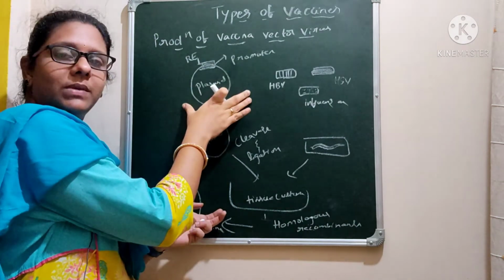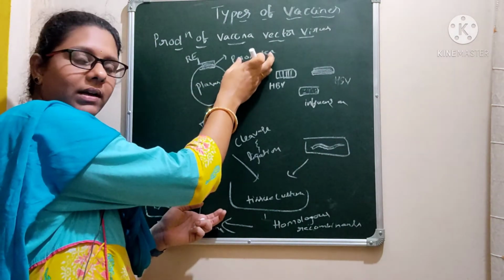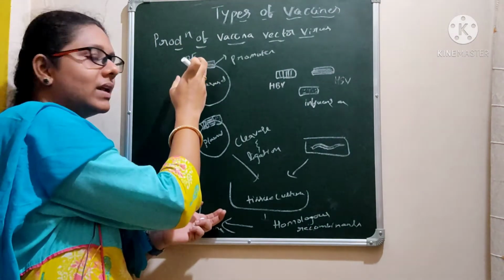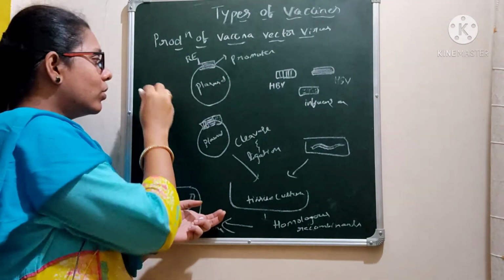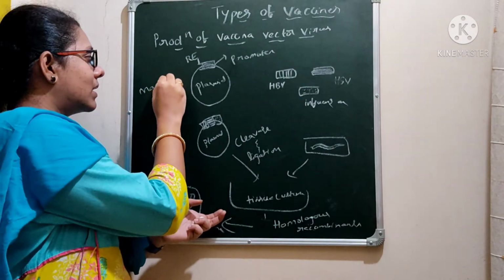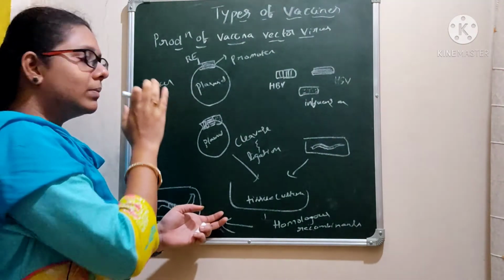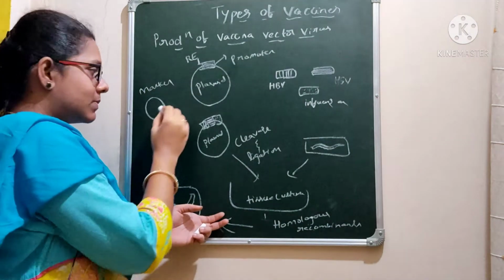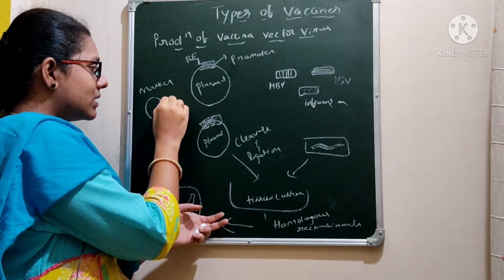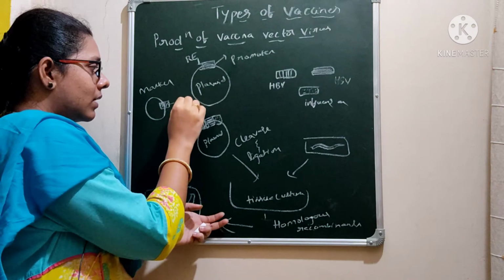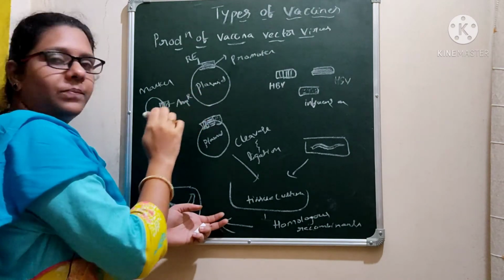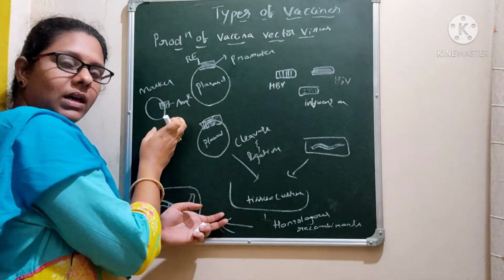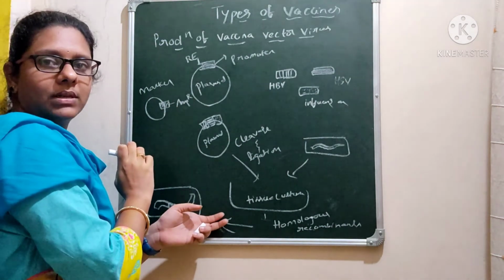And this plasmid should have a promoter site and a restriction enzyme site, which we call a cleavage site, and moreover it should have a marker gene. See, the importance of the marker gene is, for example, if this is a plasmid and it has a marker gene for ampicillin resistance, that means due to the presence of this gene, this is resistant to ampicillin.